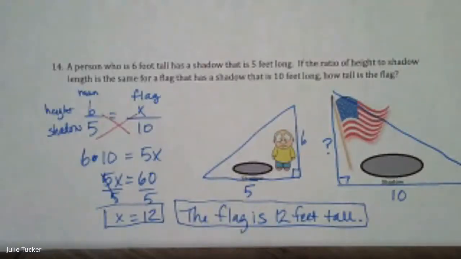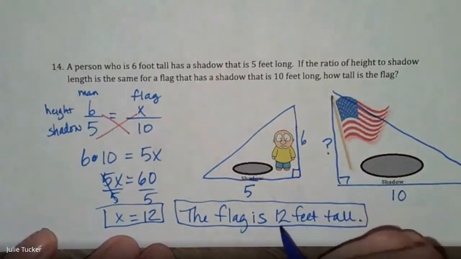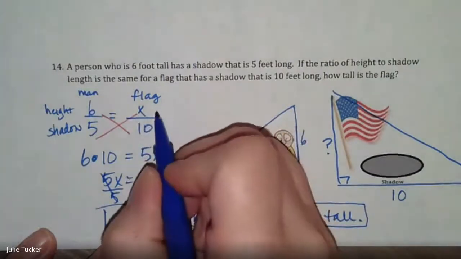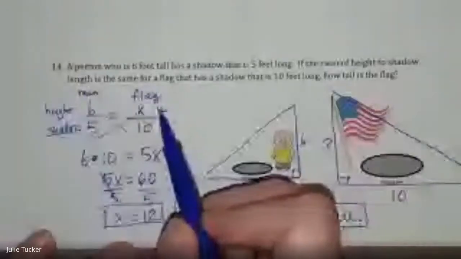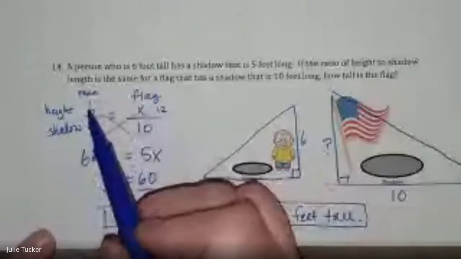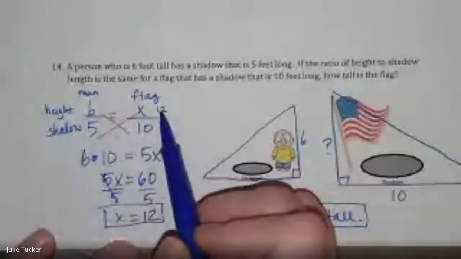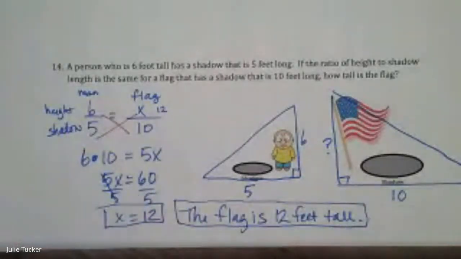Oh, plug in my answer. You're so right. I forgot. So let's put 12 right here. You said make sure. That's what you said. So if 12 is over 10, does that equal 6 over 5? Well, 6 times 2 is 12, and 5 times 2 is 10. So yes, that answer does make sense. Good. Thank you for reminding me. Okay, I'm going to